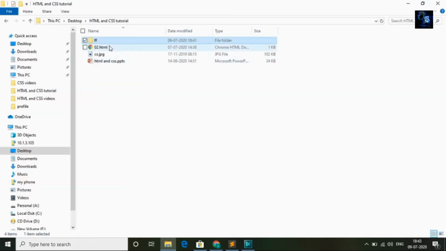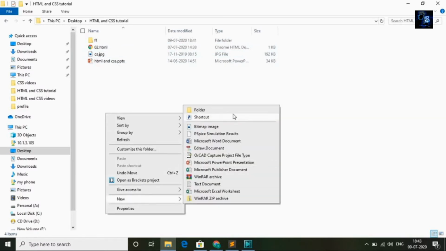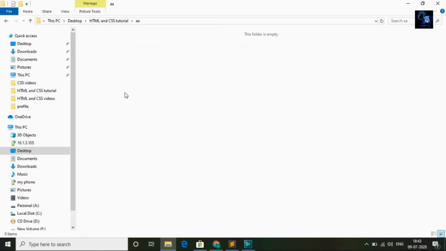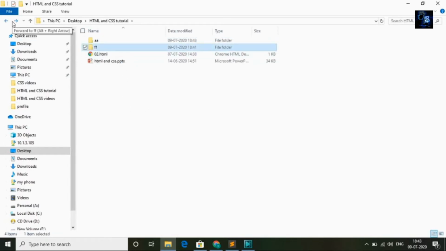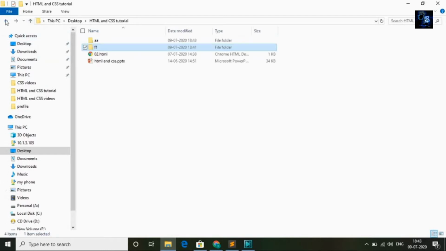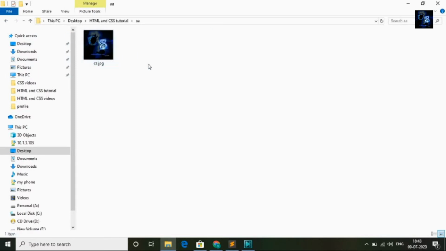Suppose your image is stored in another folder. Now I will create one folder here, AA, and I will move this image. I will cut this image and paste it in this folder. Now if you want to access the image, you want to come back from this folder and go inside this folder to access this image.